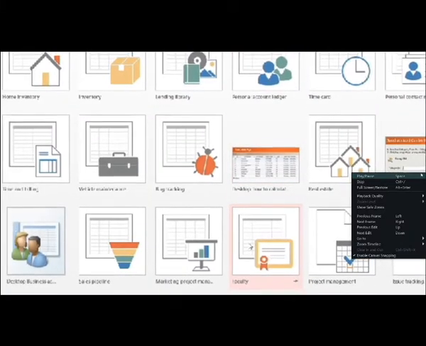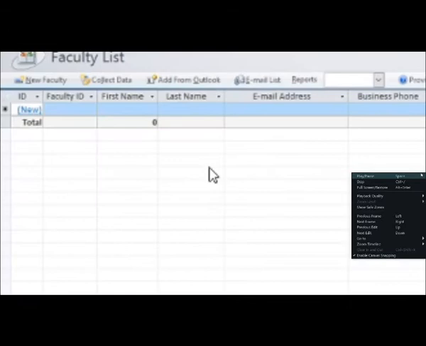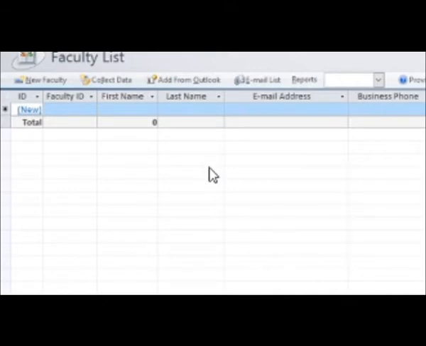Once you click, you will see a faculty window appear. This is the MS Access database window with the heading as faculty list. And can you see here, the table is ready with the heading names. The only thing is the person has to simply enter the values. This is the meaning of template.